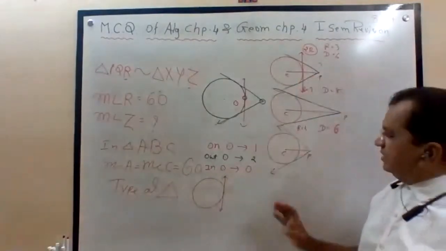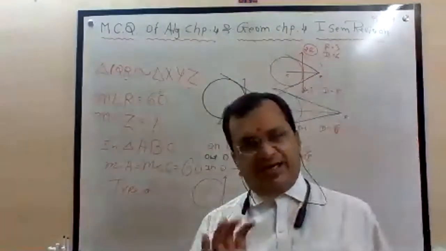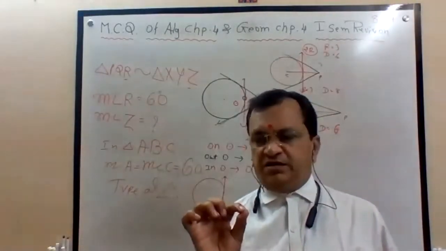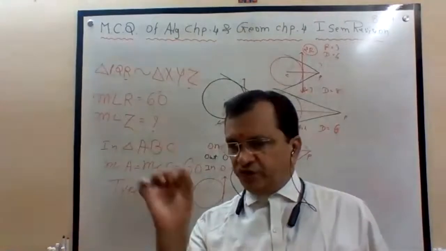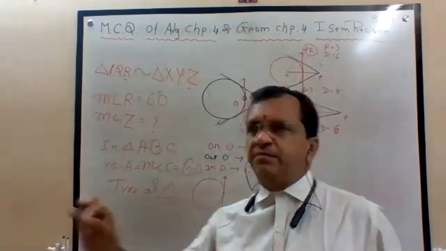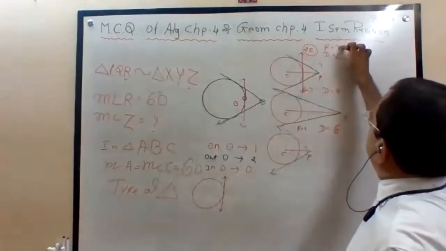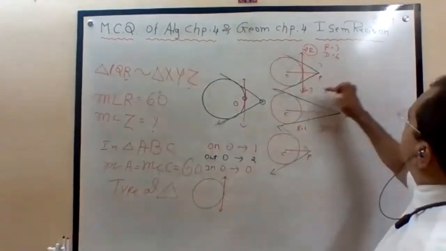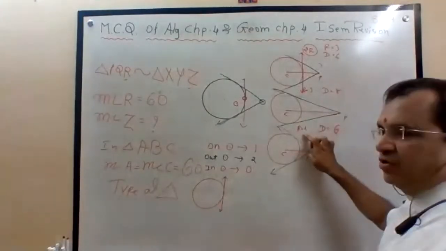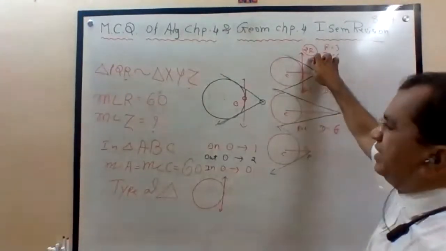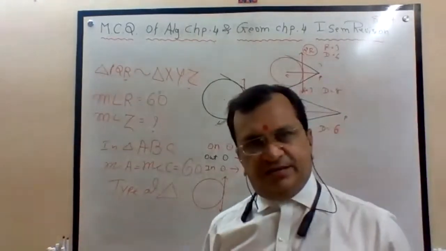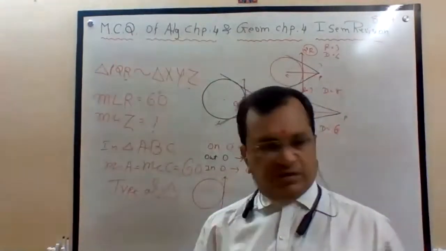Okay, sorry, I will explain this again. Three circles are there from the center: exactly double the radii, less than double, and more than double the radius. Suppose it is 3, exactly double is 6. This is 3, more than double means more than 6. This is 4, less than double. Double of what? Radii.